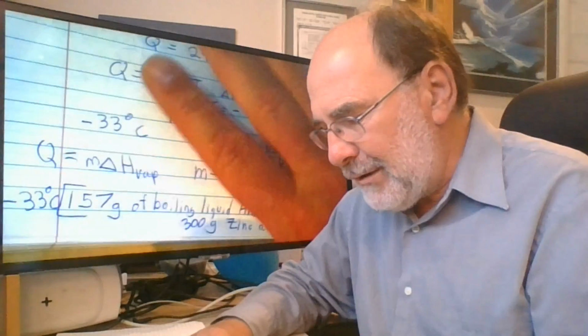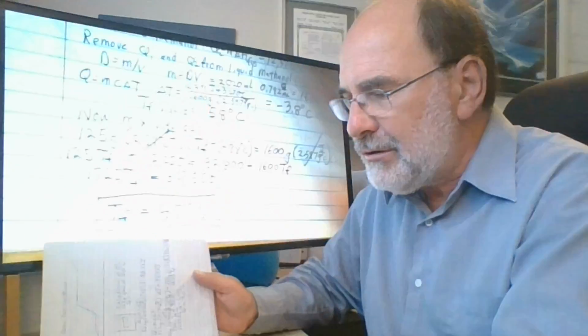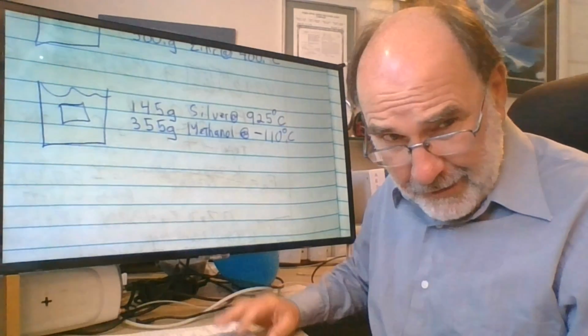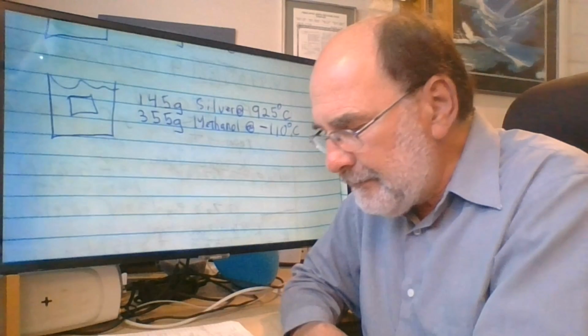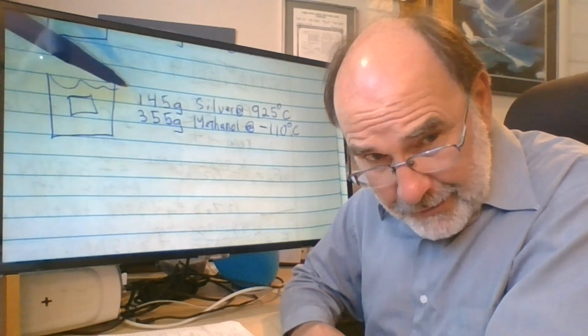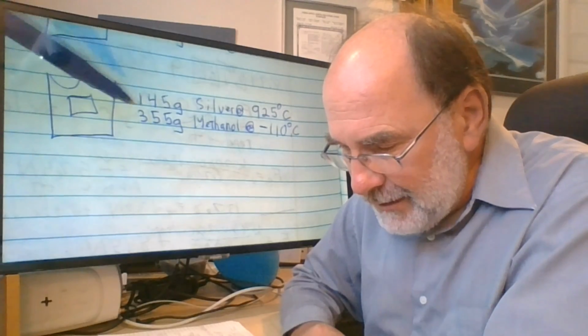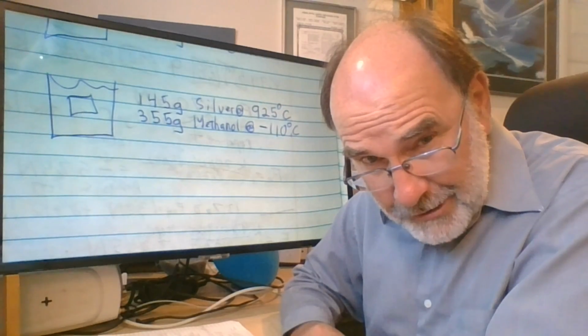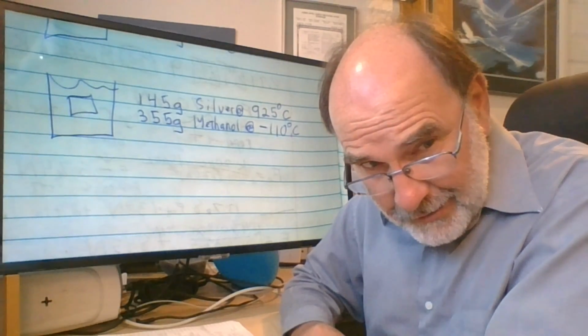All right, well, I came up with one more example, and I think it's time that you students do this one yourself, right? So I guess I don't need to rewrite it. I could just show it to you. Look, calculate, please. If I were to take 145 grams of silver that's at an initial temperature of 925 degrees Celsius